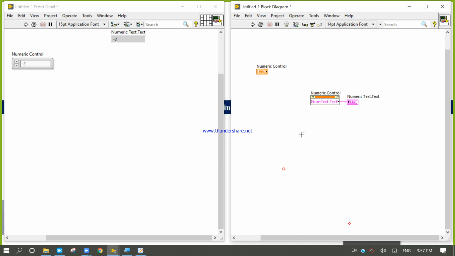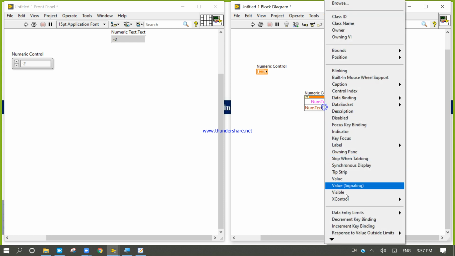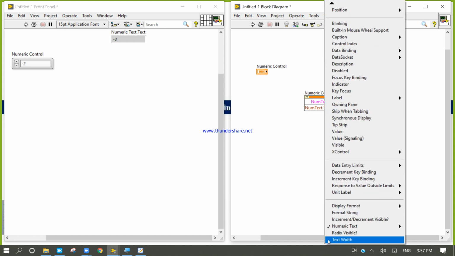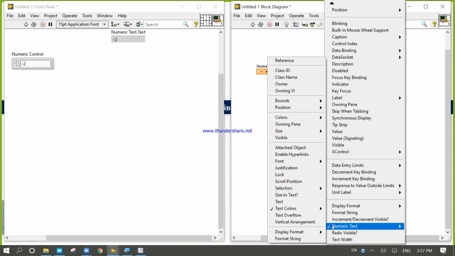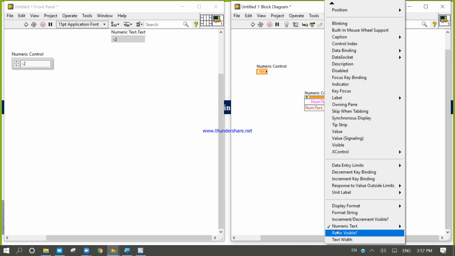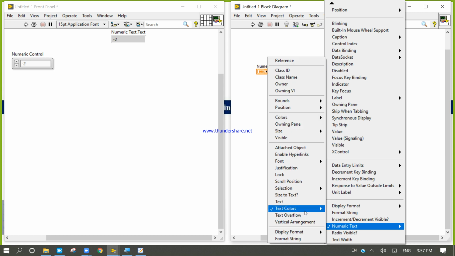Okay, so let's see again. Right click. Okay, no need to right click. Numeric text. You can change the text size also and others.